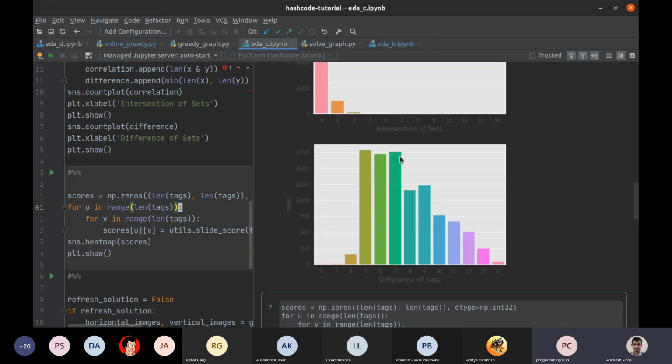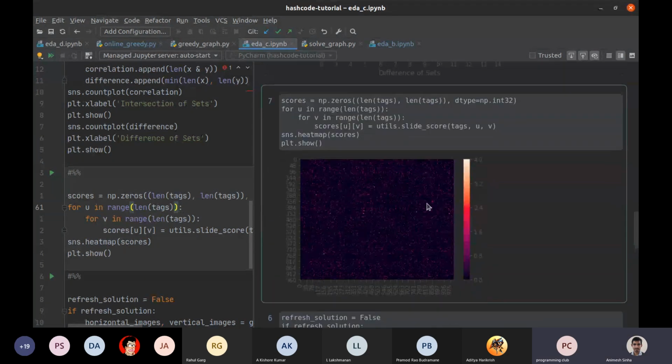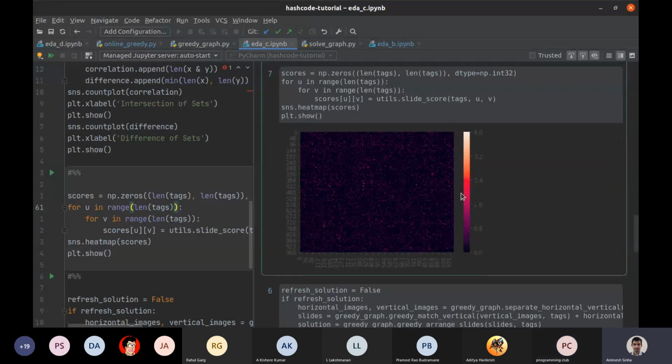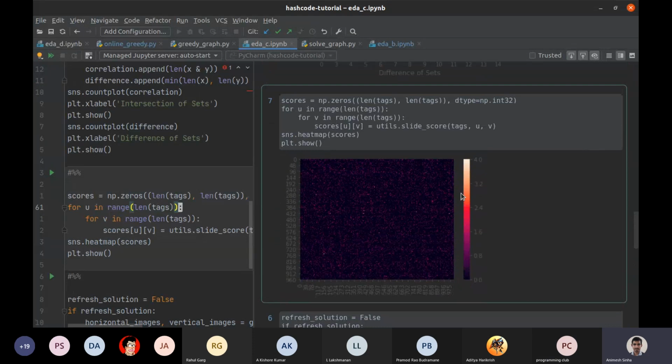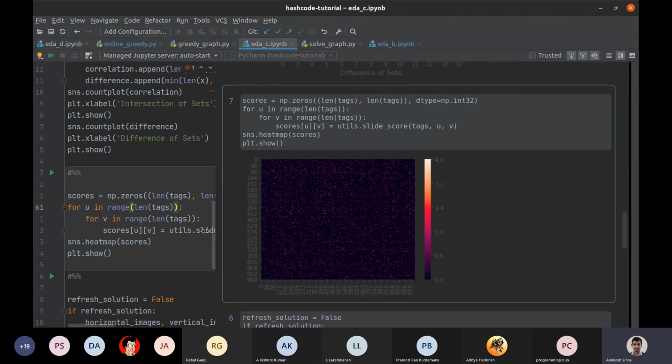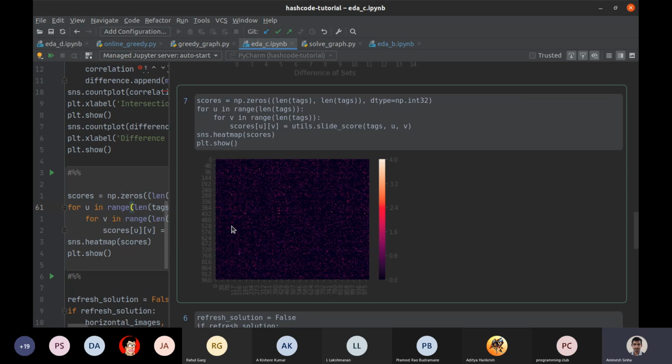Let's just take a look at the final thing, the correlation. After you are done with the problem, you actually want to check that you have done a good job. And for that, you plot the initial correlation map. So this is the correlation map of all pairs i, j: how many points you would get if i was just next to j. And you notice that the initial input is kind of random.